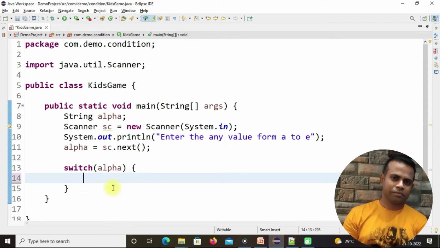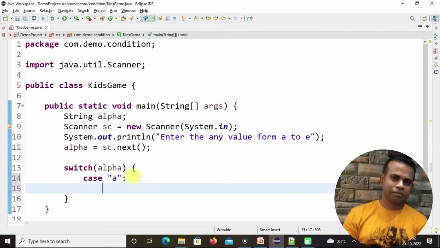And under this block we have to write our case labels and based on that label we have to print the value. So let's make case, then what is our label? The label will be A, B, C, D, E, anything. So for A let's create this one. You have to create it this way under double quotes, make A, then colon. So your first case label is ready. And if it's A, we have to print A for apple. So we can make it apple.